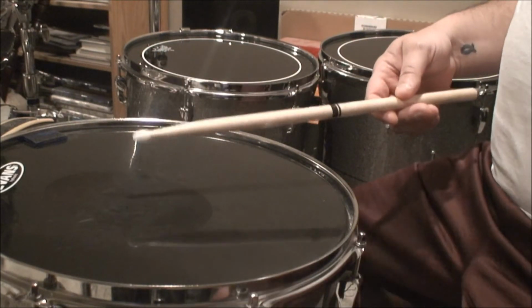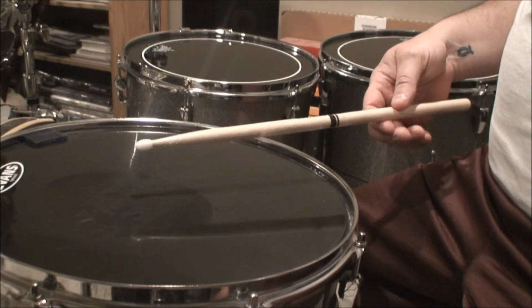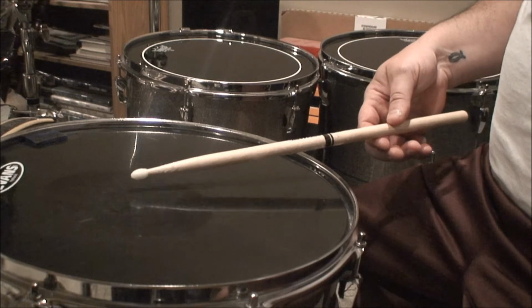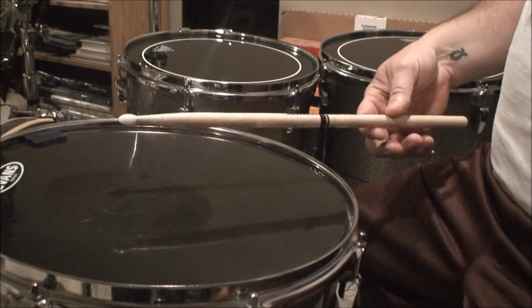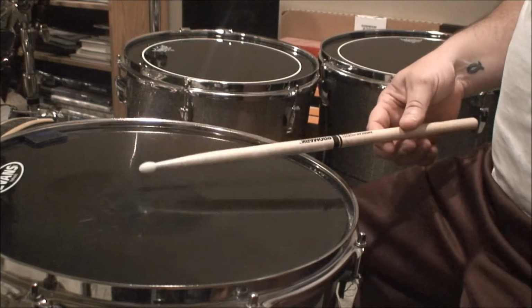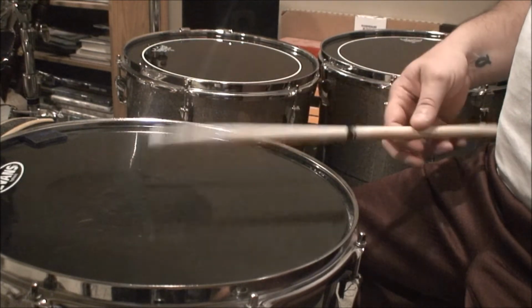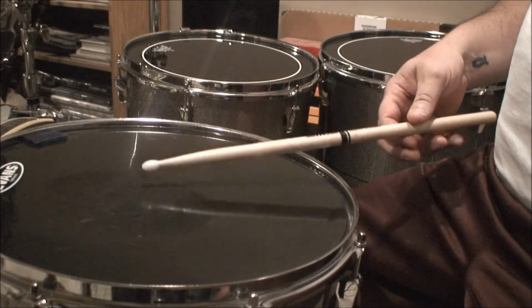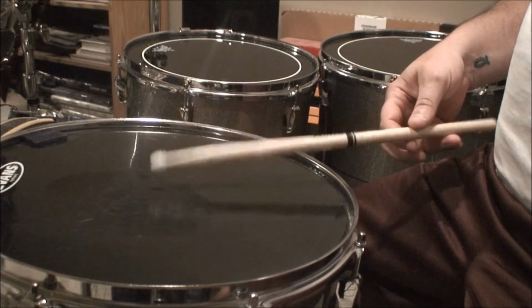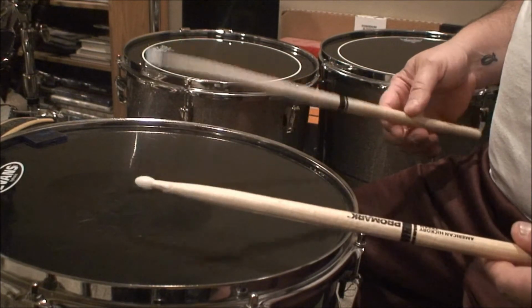So, alright, what you do is, when that stick comes down, you are going to lift the back of it slightly, but at the same time, you're going to hit it with these fingers, with your back fingers. So what you're doing is like this. See that? So it's really...